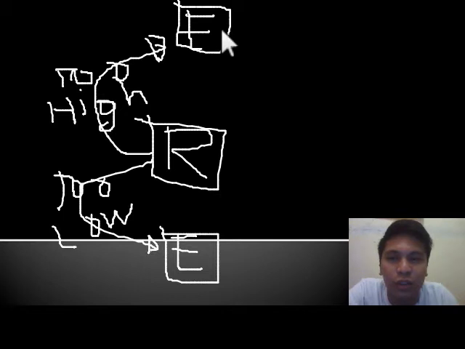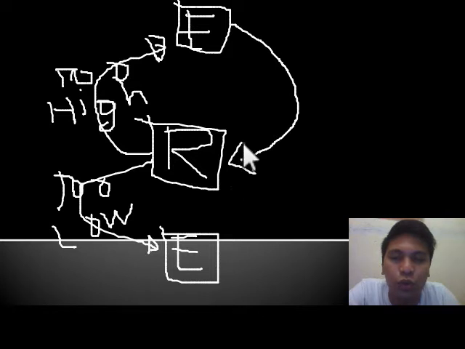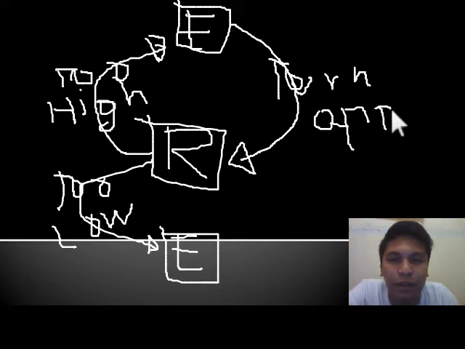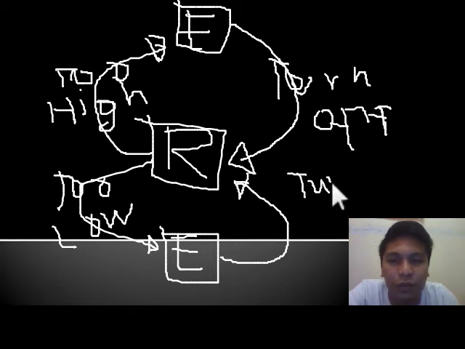And the effectors, the receptor senses the temperature that it gets too high, the thermostat will turn off. What happens if the receptor senses that the temperature gets too low is that the effector, or the furnace, will turn on,